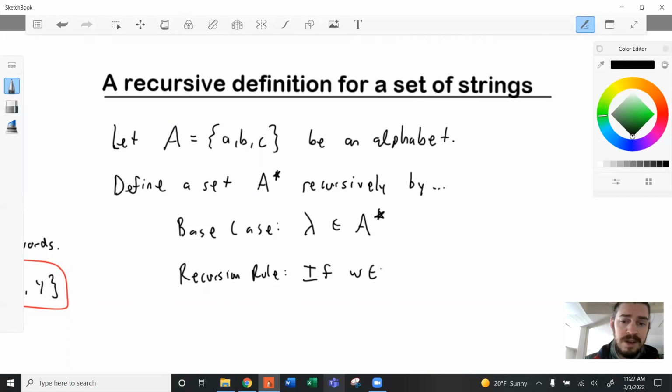So if W is an element of A star, which gives you a hint about what A star is, okay? Any element of A star that's already been established, right? Because we're going to be applying this recursion rule successively over and over. So if W is something we already know is in A star, and X is an element of A, the alphabet, so whereas W is a word, X is a character, right? Then